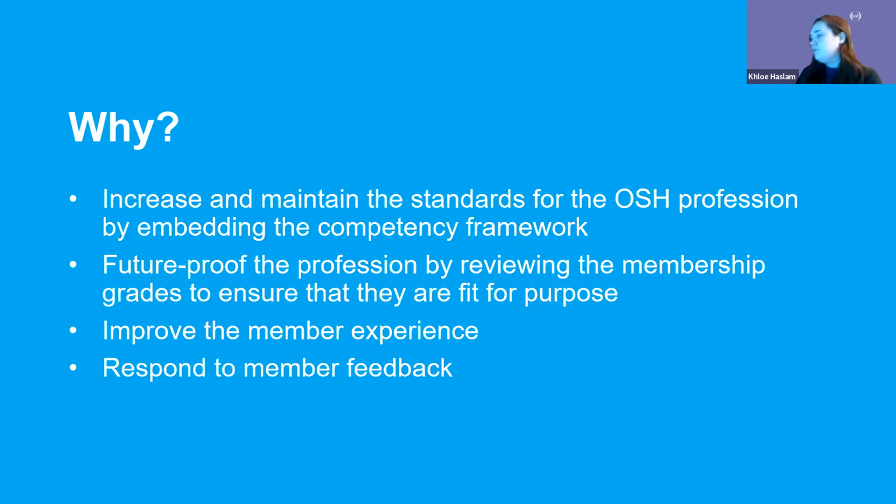So let's run through a bit about why we've brought in these changes. We are really looking to increase the standards for the IOSH profession. We're looking to future-proof our membership grades, as some of the grades need changing, and the way that they are at the moment doesn't currently reflect where we want to be. The idea behind the changes is to make it better for you guys as members. We want to make it feel like you are getting the most out of your membership